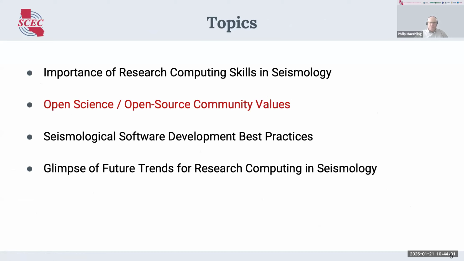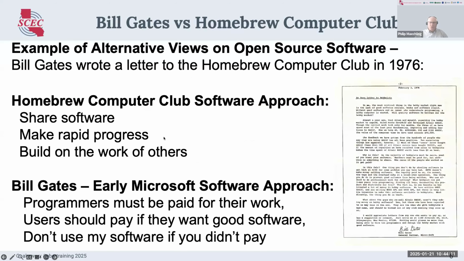When I talk about open science and open source, I like to point out that the open science and open source world involves a value system. It's important to be aware that you're working in a community that has a particular value system. So one way to illustrate this is